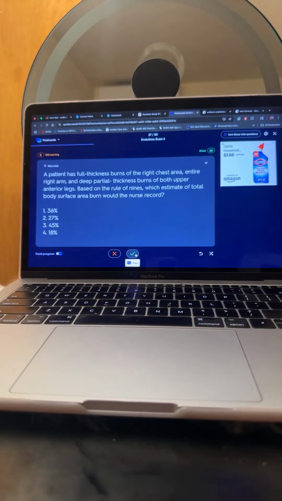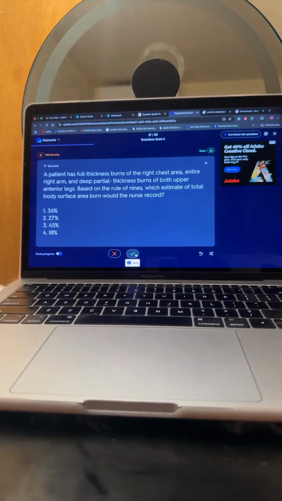Okay. A patient has full thickness burns of the right chest area, entire right arm, deep partial thickness burns of both upper